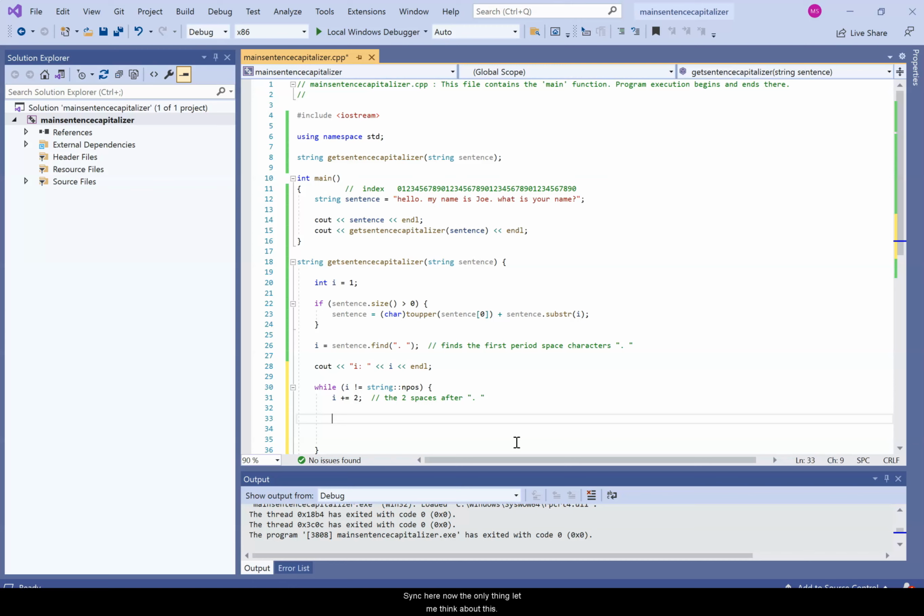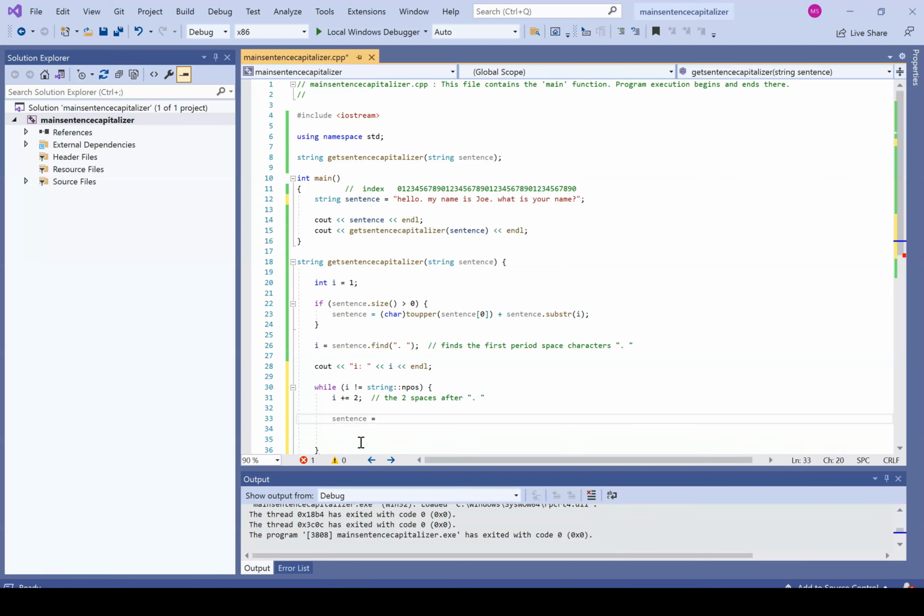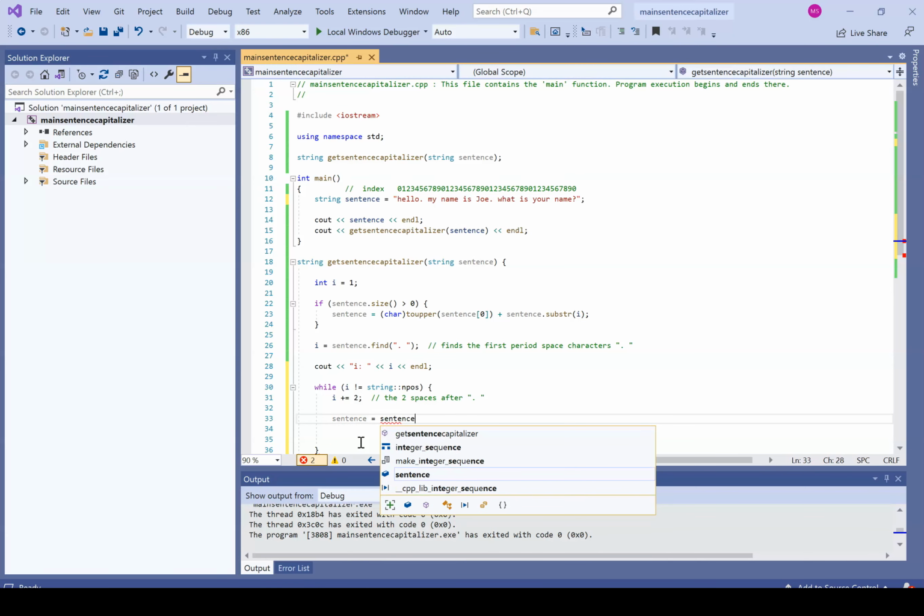Let me think here. Now, the only thing, let me think about this. Let me build this. I might have an issue, like if I change this to a period, but let me build this. I can come back to that, and I can fix this really easy, so I'm not too worried about it. So this is at the 2 spaces out. Okay, so then what we want to do, we want to say the sentence is equal to the sentence dot